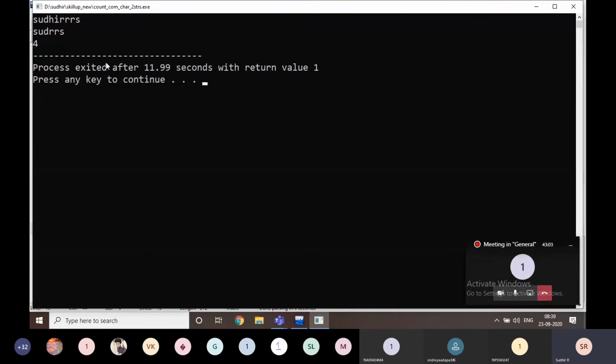But here 2 S are there. The question is different. I am mingling all the questions here. Here, how many S are there in the first string? How many S?